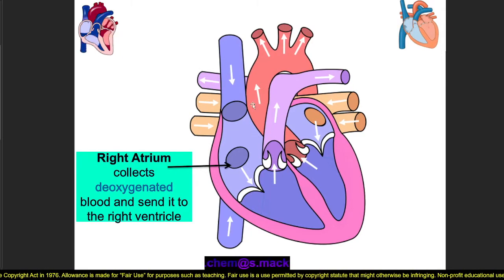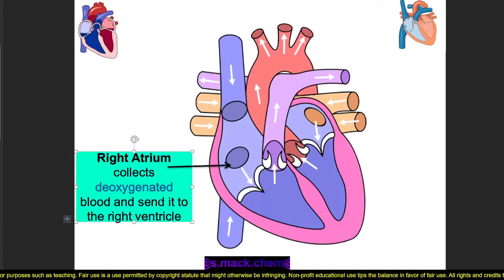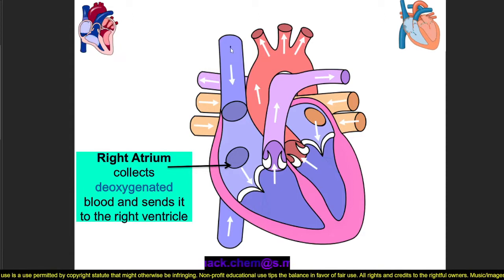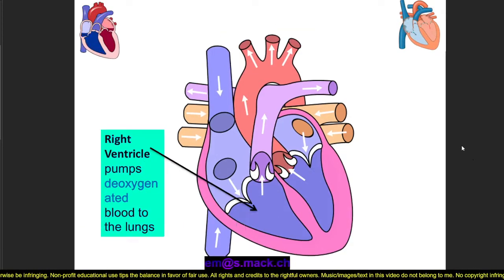The right atrium, which is going to collect that deoxygenated blood, is going to squeeze or contract, and in doing so, it sends the blood to the right ventricle. And so I'm going to trace the pathway to show how the blood flows. So we've entered into our right atrium. It's going to squeeze and send blood to the right ventricle. The right ventricle, which is here,